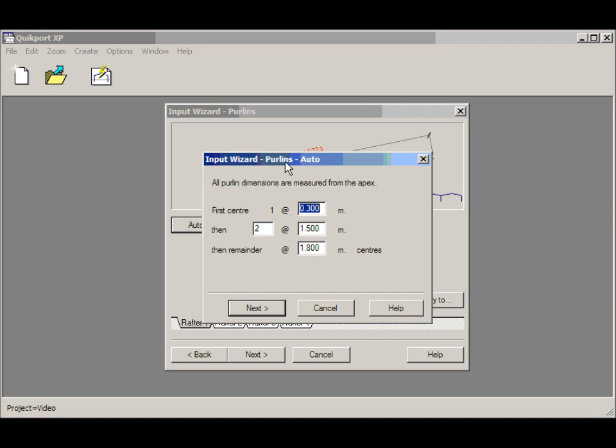This is the Input Wizard Purlins Auto form. It says here all purlin dimensions are measured from the apex. The first center is currently 0.3, then 2 at 1.5, and then the remainder at 1.8 meter centers. I'm happy with that, so I'll click the Next button,